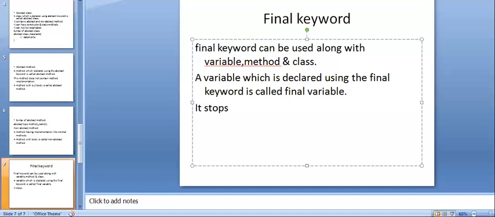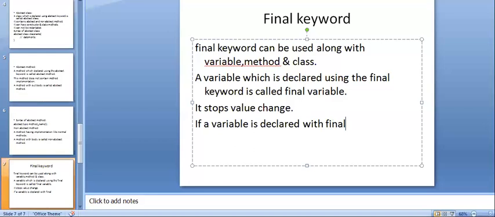It stops value change. If a variable is declared with the final keyword, then it becomes a constant.